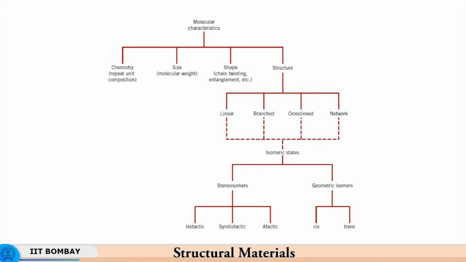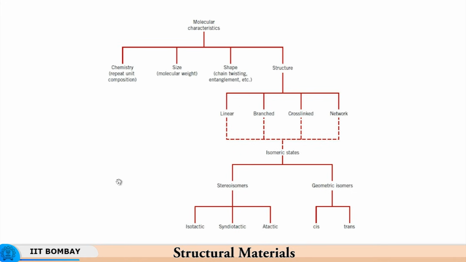Unlike metals, where there are a certain number of atomic arrangements which remain fixed, here there is no such thing. You can have regular and irregular atomic arrangements, because the methodology of forming a regular arrangement of atoms is completely different as compared to metals. So that is the reason why the behavior of polymers is so vastly different from that of metals.